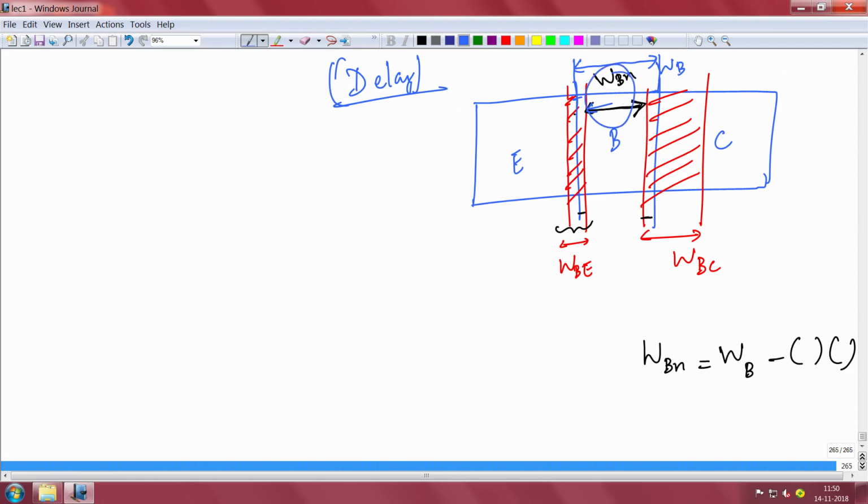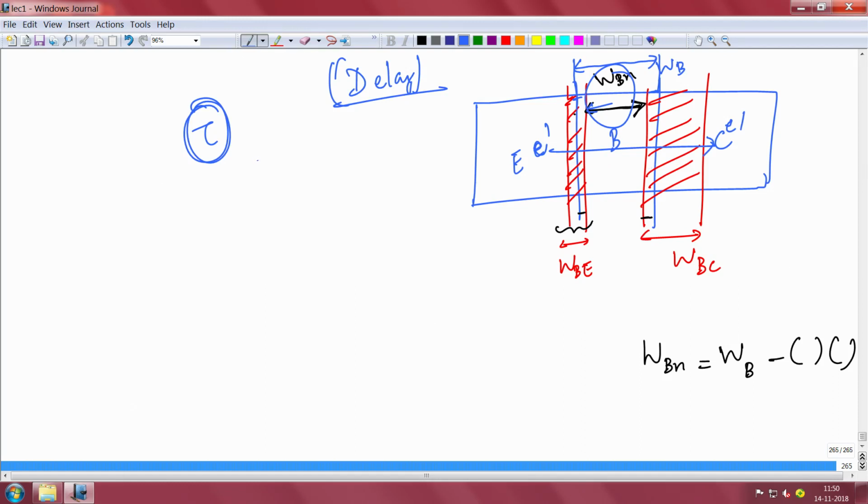So, essentially when an electron moves from emitter to collector, what is the total time it takes? That is called tau, and that is the delay. What is the time that electrons take to reach the collector from emitter? Okay, that is called tau, the total time, that is called delay. If you make this delay, the time, shorter, your frequency of operation can be faster. Your transistor will work faster if the delay is smaller.